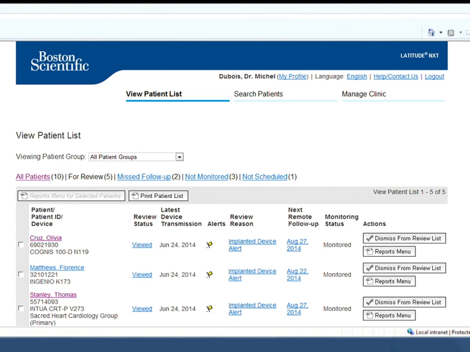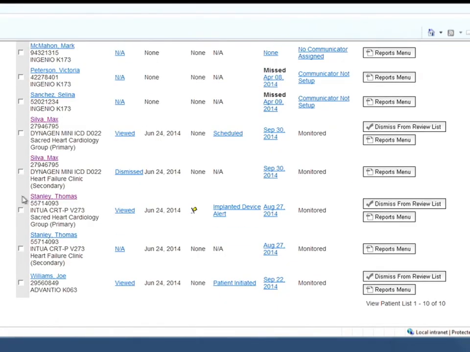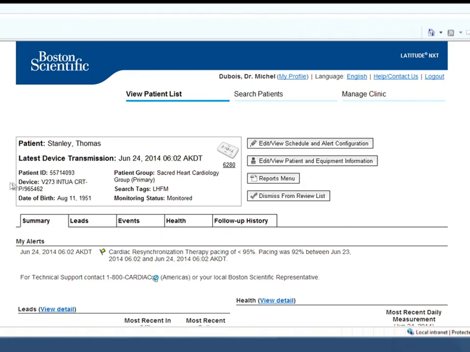Click on the All Patients link to access your entire patient list. Find the individual patient whose schedule you want to change. You can update the next scheduled follow-up date anytime by selecting the patient's next remote follow-up hyperlink. Alternately, you can select the patient. From the patient summary page, simply click on Edit View Schedule and Alert Configuration to customize the date or complete